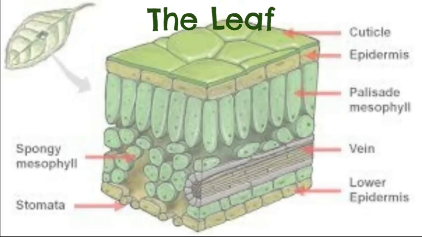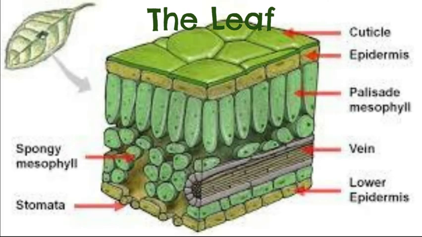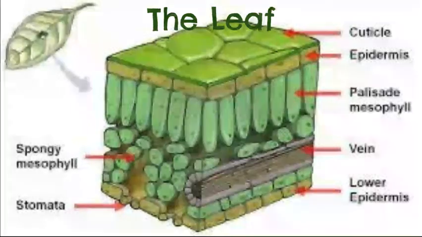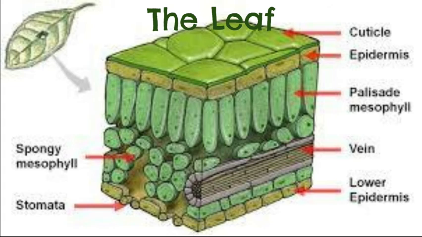The leaf. The leaf's job is to provide a large surface area where photosynthesis can take place. Even the little leaves on evergreen trees or coniferous trees provide a large surface area because there are so many of them. If the leaf produces more glucose than it needs, it is stored as starch